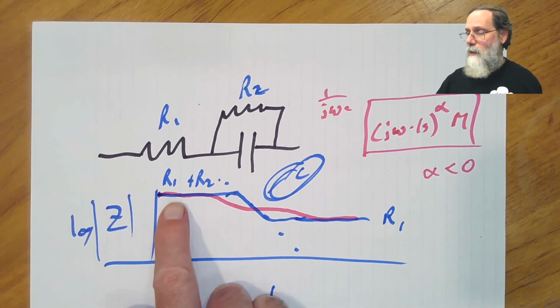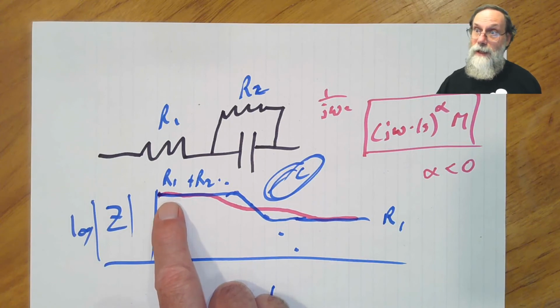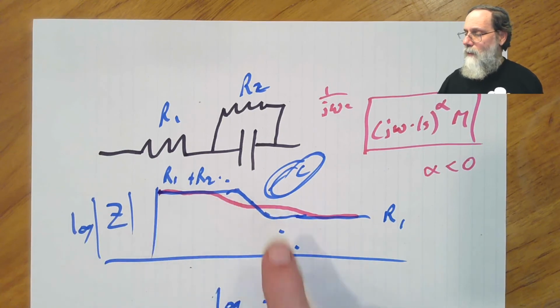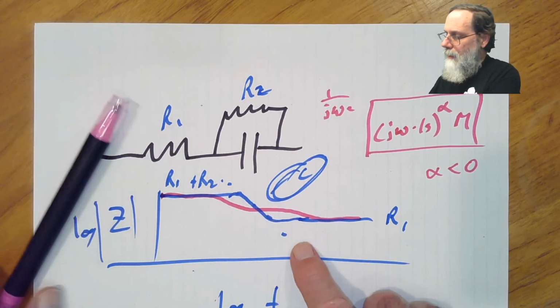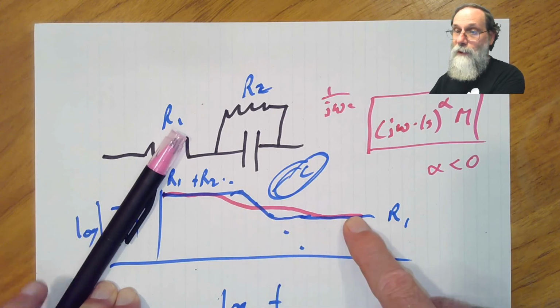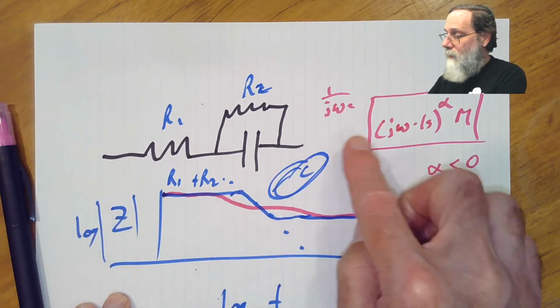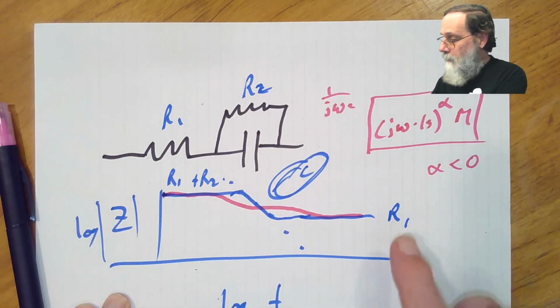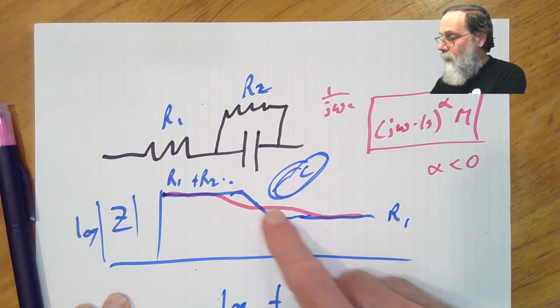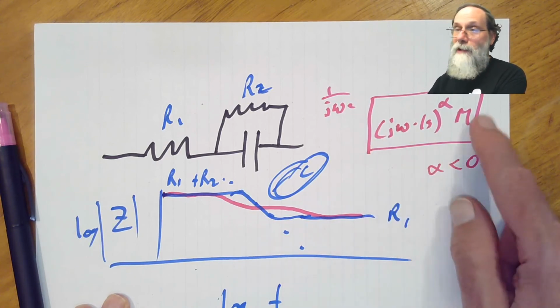Now, when you're doing modeling, though, you may not see this entire curve. For instance, I said this R1 plus R2 occurs at very low frequencies. You may not measure at that lower frequency because it may take days to get this. So if you only see part of a curve, like just this higher frequency part here, there's no way to estimate what R2 is. And so you might as well just pretend it's infinite, and just model R1 and C, or R1 and this capacitor-like component.